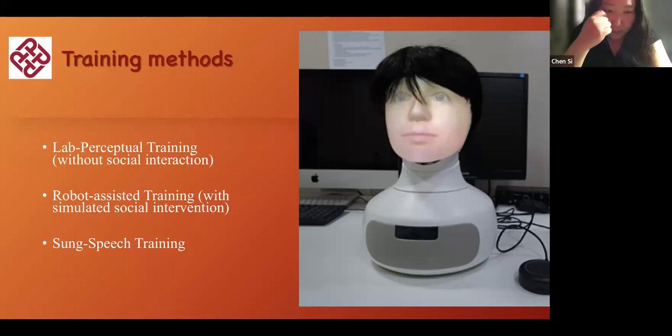So we think that if we can use sound speech, that can possibly mimic the speech prosody. So we actually found a composer to compose melodies that can mimic focus marking. And we also tried to see whether using this kind of sound speech, we can let them improve in their focus marking.